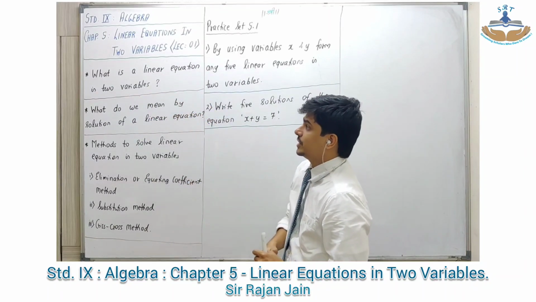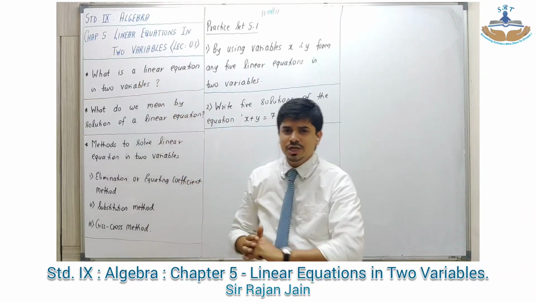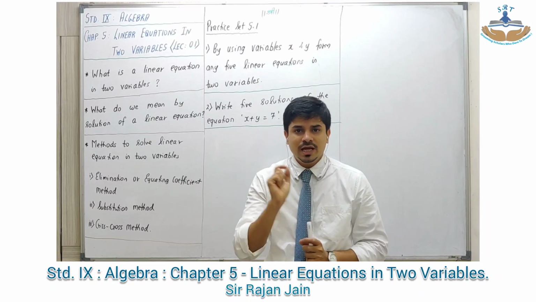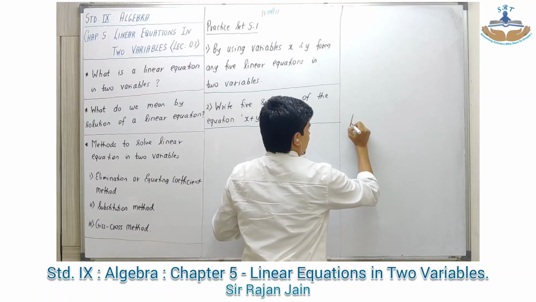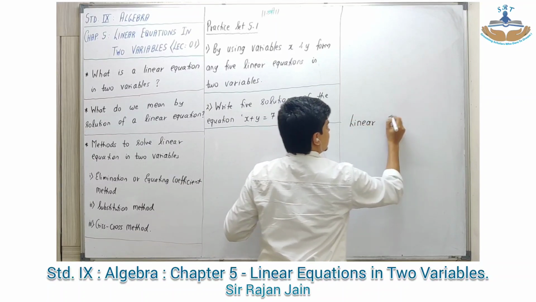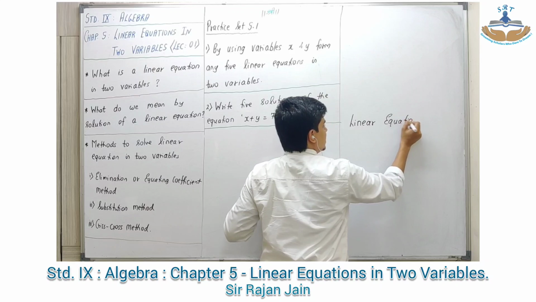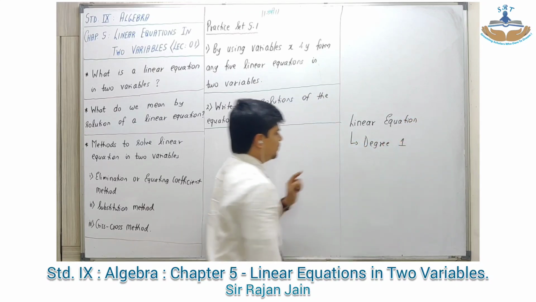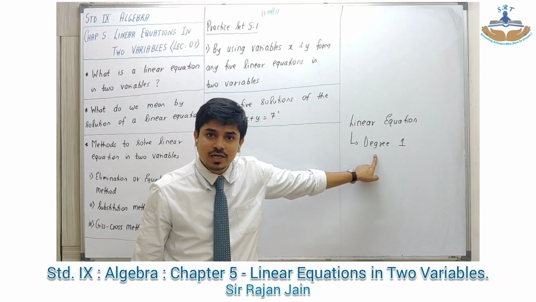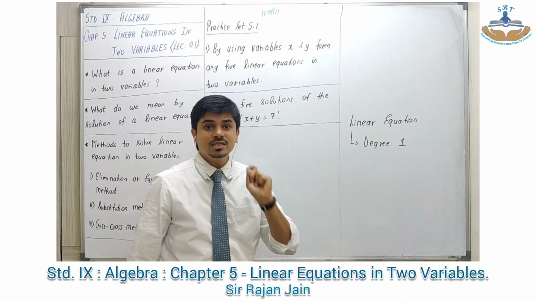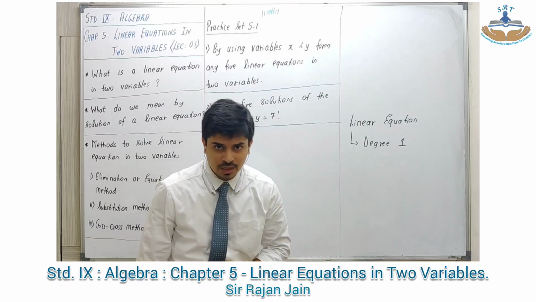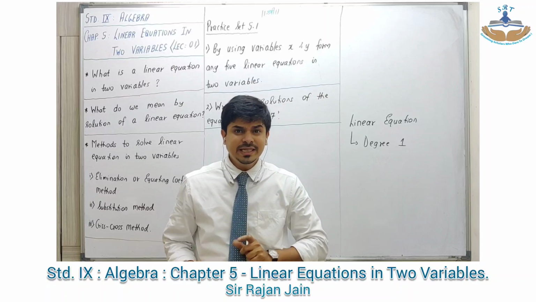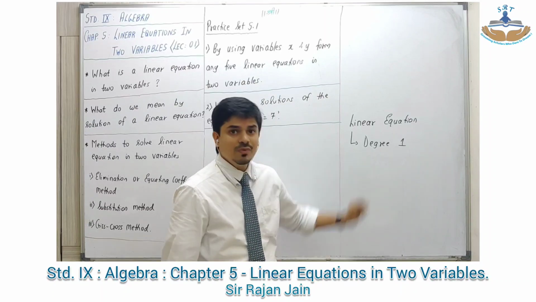See what the first question is written over here. What is a linear equation in two variables? Now, linear equation का मतलब क्या होता है पहले वो समझो. Look here. Linear equation simply means equation having degree 1. Now what do we mean by degree? We have already studied in your polynomials chapter. Degree is the maximum index of the variable. Okay, so in my entire equation, if the maximum degree of any term is 1, then the equation is called